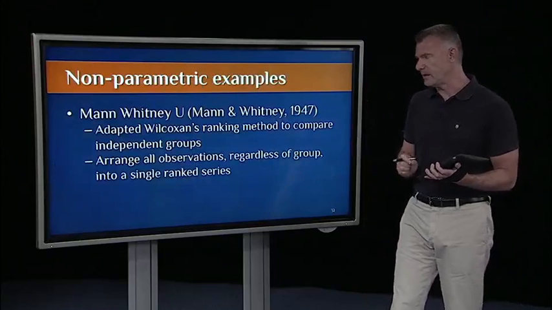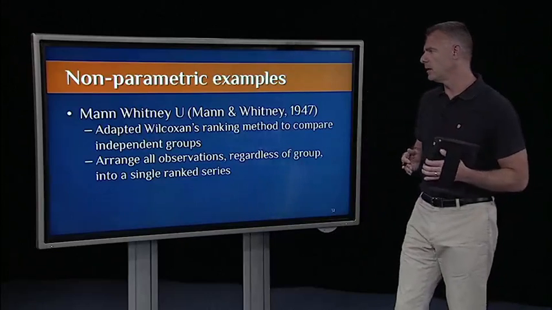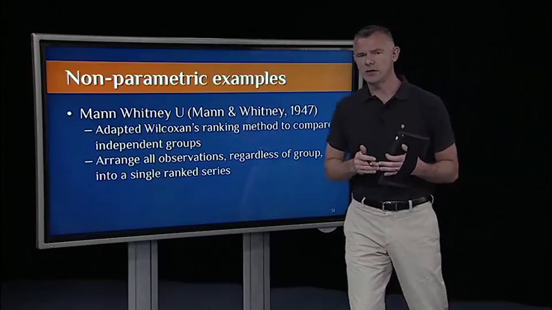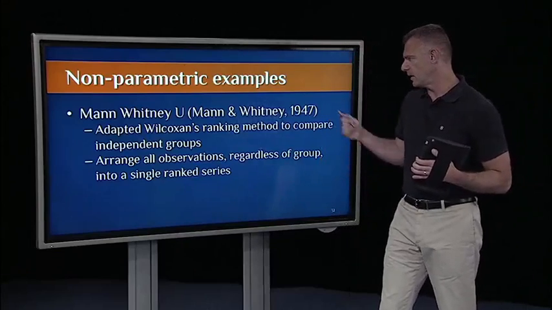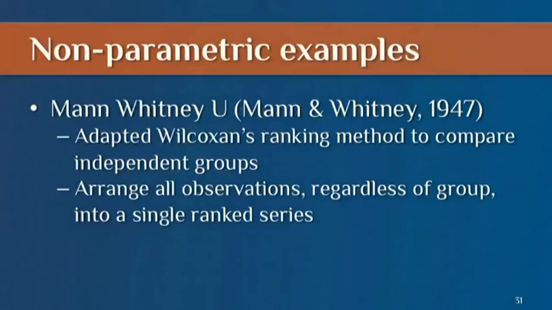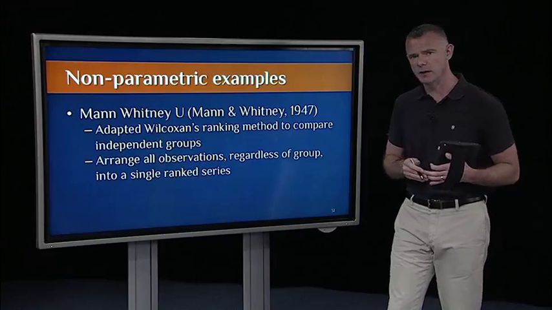So now let's look at the independent case. So that was for paired samples or dependent. In the independent case, the procedure is called Mann-Whitney's U-test, and it's based on a paper by Mann and Whitney in 1947. Again, they just adopted Wilcoxon's procedure. Wilcoxon actually developed the procedure for both paired and independent, but Mann-Whitney improved upon it, so now it's known as